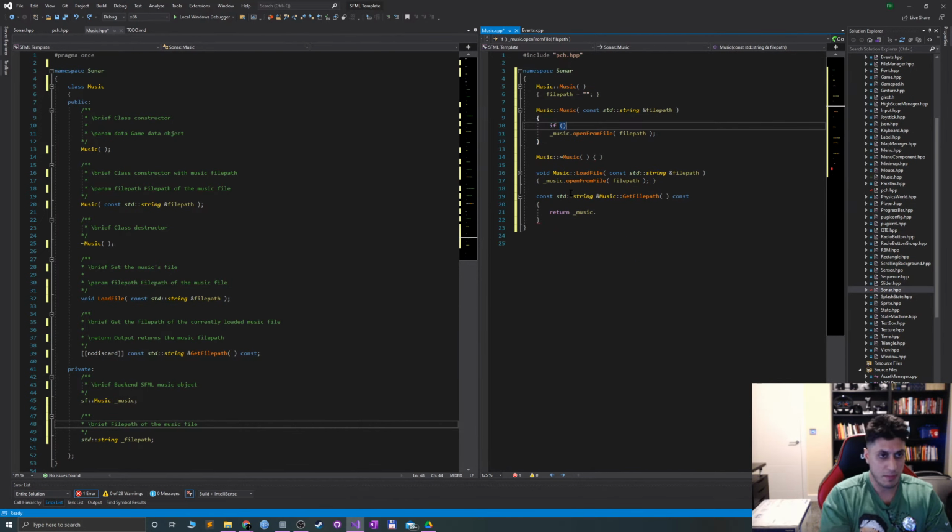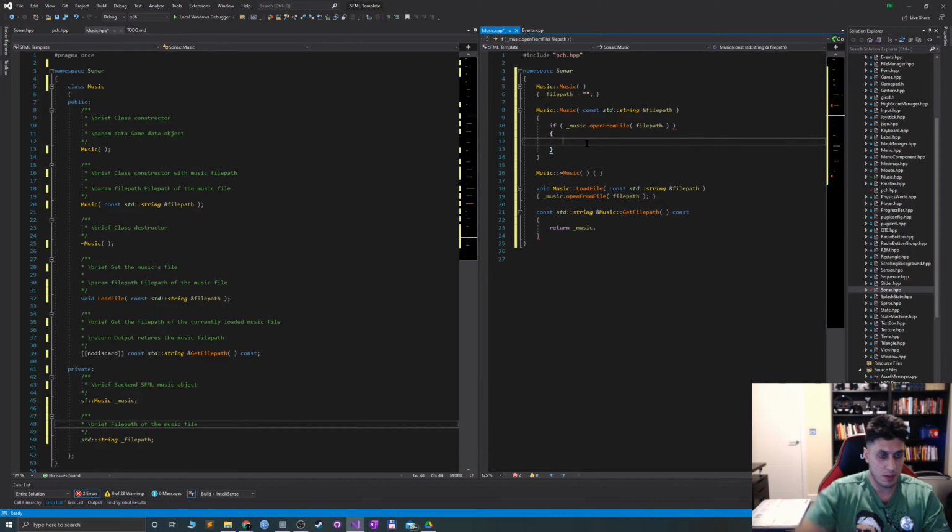Say if underscore file path equals file path, else underscore file path equals... and this will just return